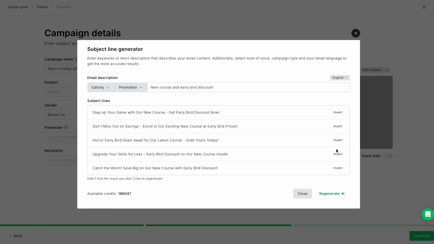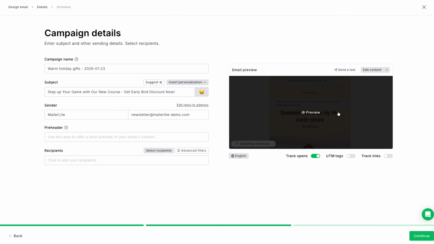Then just pick a tone like catchy and the type of content, let's say promotion, and just click generate. Instantly, I get a bunch of options. I can use one as is or just use them to spark my own ideas. Seriously, a goldmine. All right, so let's say you've just used the AI assistant to write an incredible email in record time, right? Your copy is brilliant, your CTA is compelling, you're ready to hit send, but when do you